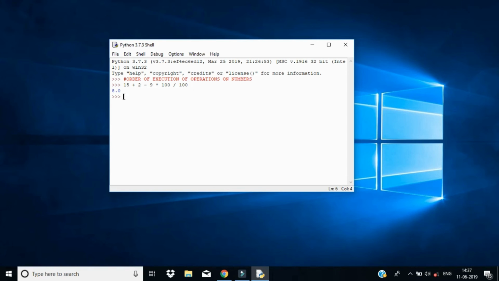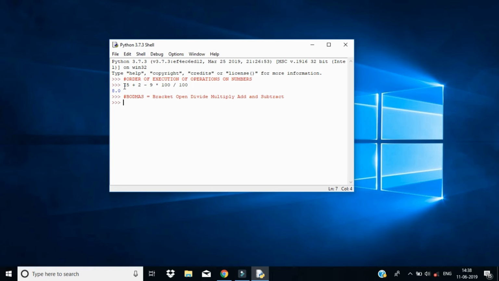I'll get a float value, obviously, because I have a division involved, and that division is going to happen first based on BODMAS: bracket open, divide, multiply, add and subtract. So you have to follow the whole expression in this sequence.